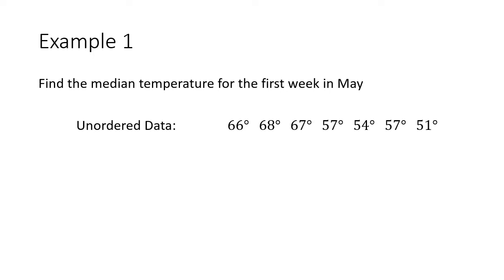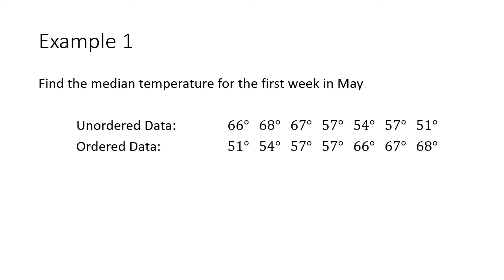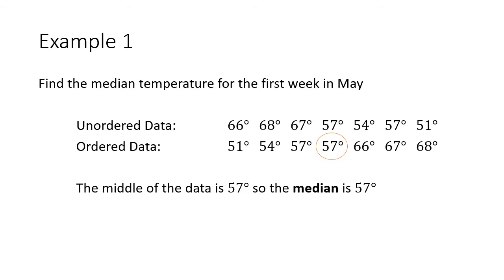But going back to our example, if I want to find the median temperature for the first week in May, well, again, I have all my data, but it's unordered, right? There's no order to it. So the first step is to order it. Put the smallest value first up to the biggest. And so I did that. And now all we do is look for, well, what's the data point in the very, very middle? And that's clearly going to be 57. There's 3 to the left, 3 to the right. What's in the middle? 57,